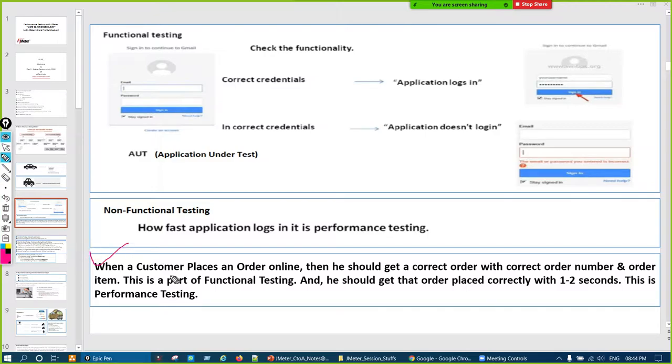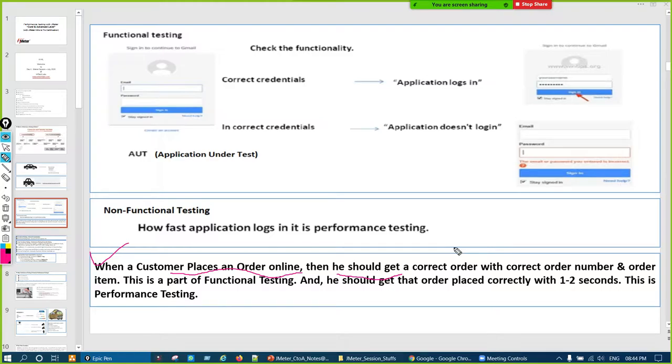Now when a customer places an order, he should get a correct order, right? So let us take an example of any order booking website, like Flipkart or anything. When we book any food order or anything from Flipkart, at the end of the day when we enter everything, an order ID is generated and the order should be booked.